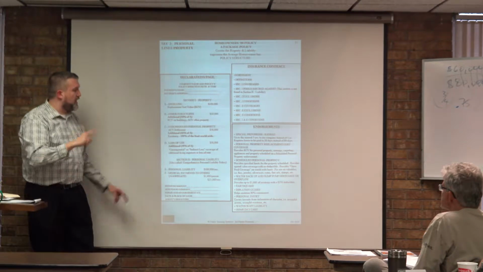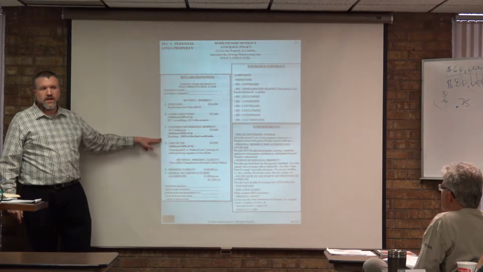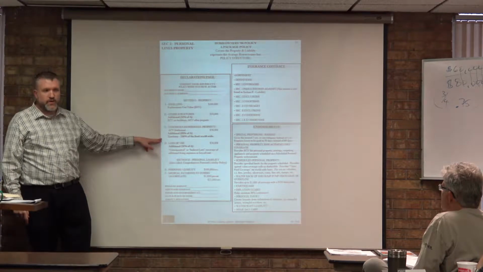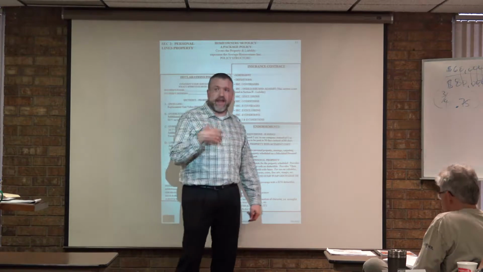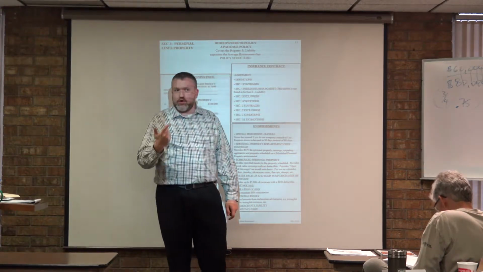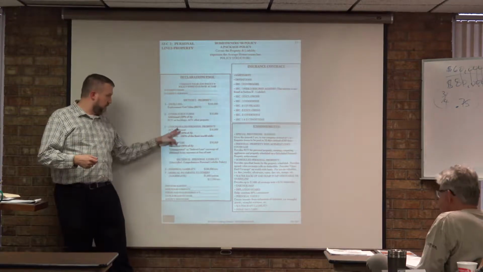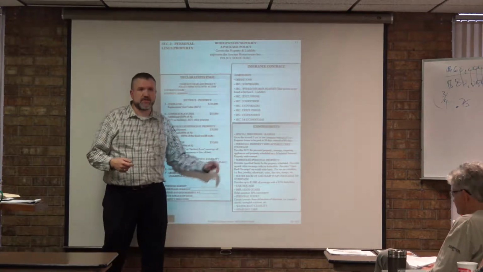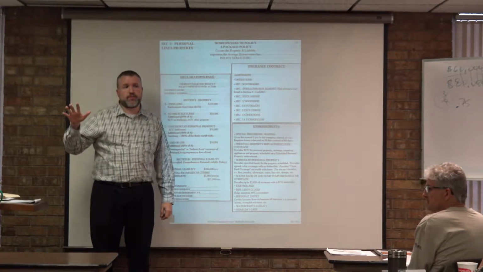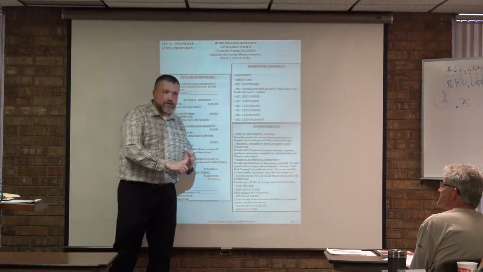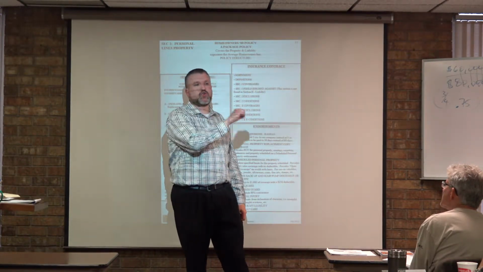50% of A, and remember how I said your stuff doesn't have to be in your house in order to be covered? Right. You could be halfway across the world. Guys, you could be on vacation using a really fancy video camera or whatever, and if it gets damaged or stolen, you could actually file a claim under your homeowner's policy and still have it replaced. ACV value though, unless it's been scheduled on, okay? So there's only one time in which your personal property can't be covered. And it's not when it's in your house, and it's not when it's halfway across the world. It's when it's in transit.